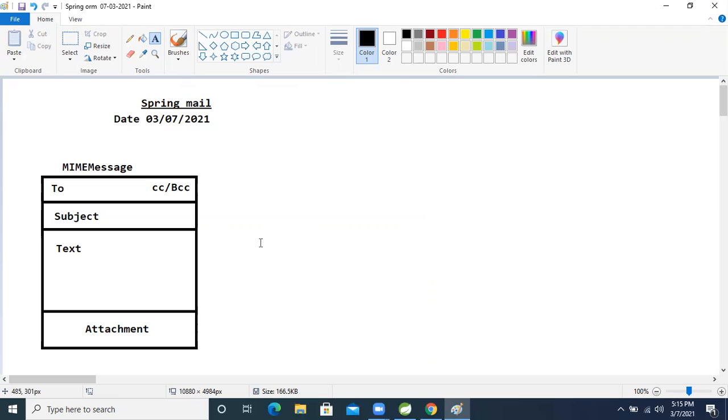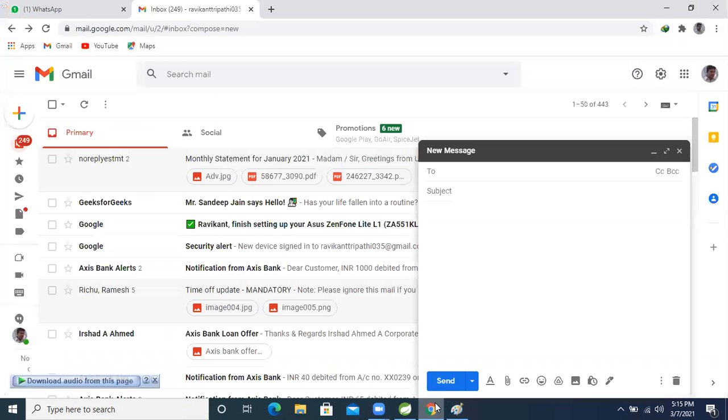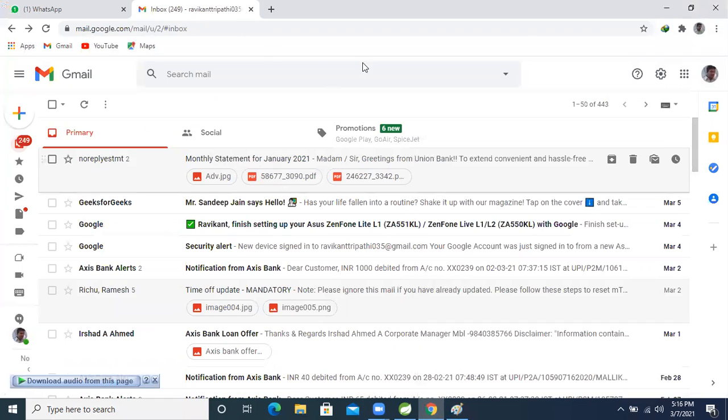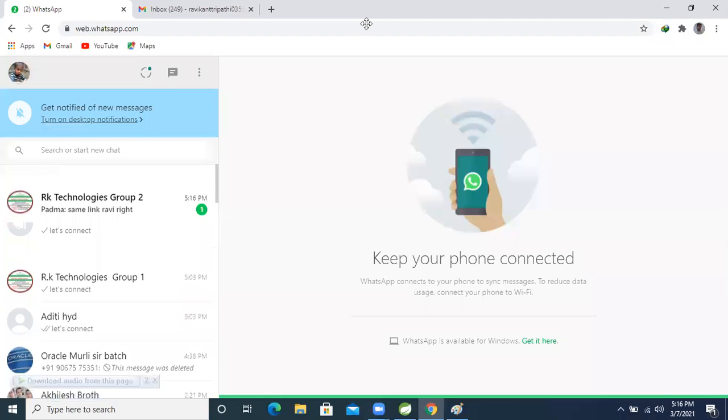The Spring framework has given us the JavaMailSender interface, and its implementation class is JavaMailSenderImpl. But first we need to connect. How will our Java application connect with Gmail? For that we need some properties.